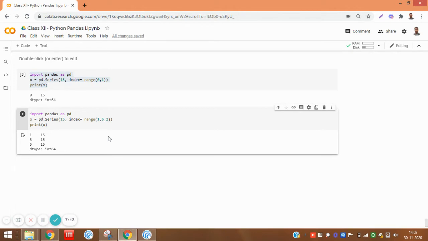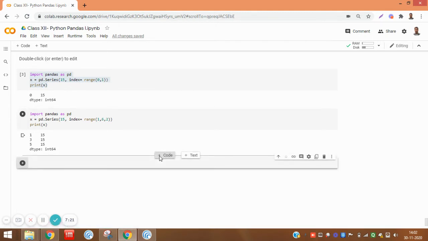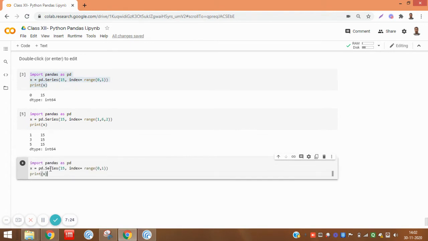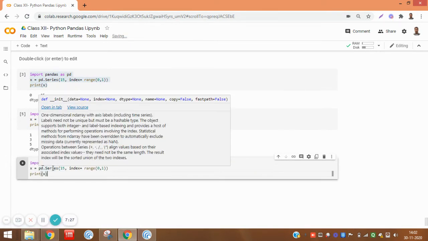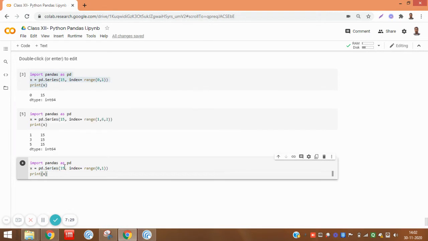We can also create a scalar series with a scalar value of string type. So you can specify a string here also. Import pandas as pd and then we give the string value. Suppose I give the name as Army Public School, and then give the city as index. Here we give the cities' names for the army public schools.